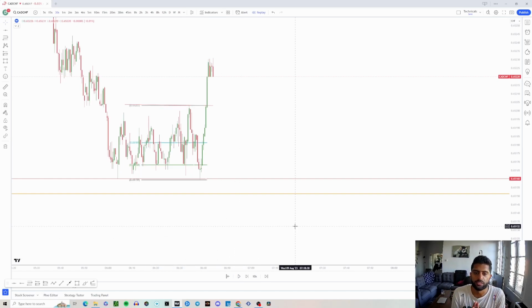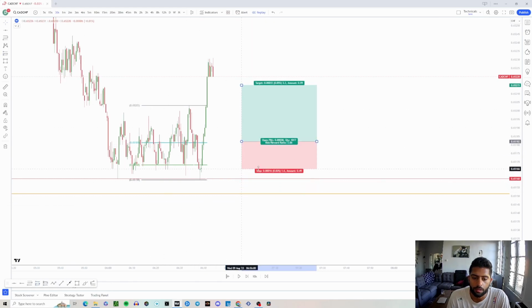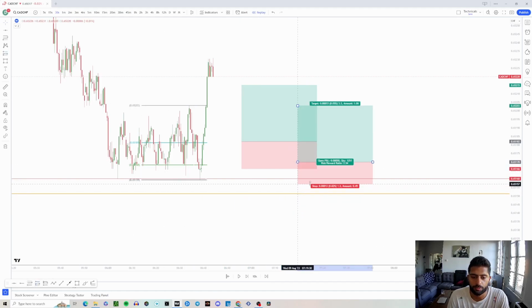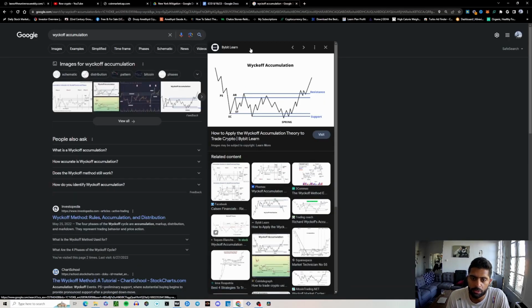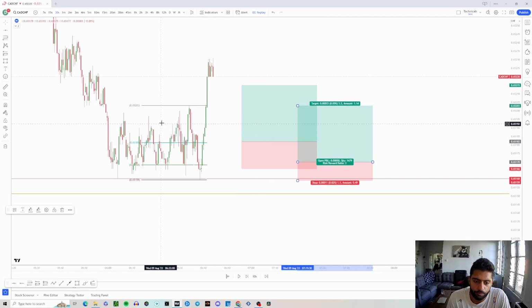At this point, the alert is set since price broke the range. And now I'm just setting my limits. I'm not really explaining how I'm setting limits here. This is just the way I manage my risk. But I know this low is protected since this is a spring. And if you want to look into it a little bit more, just look into Wyckoff on your own time, but this is just a backtest like I was saying. So setting limits off my key areas here and just waiting for price to fill.